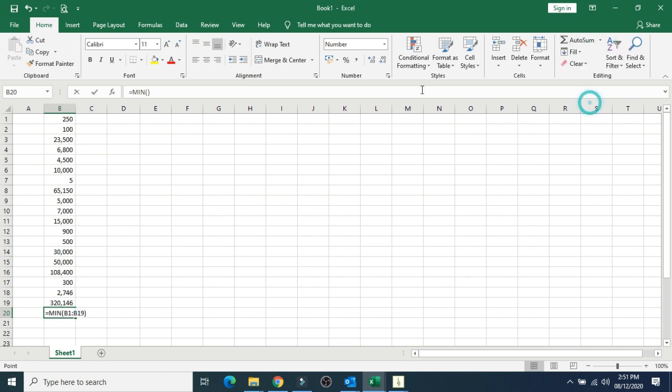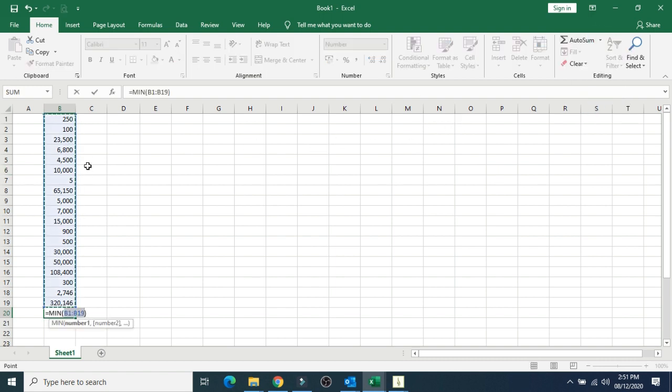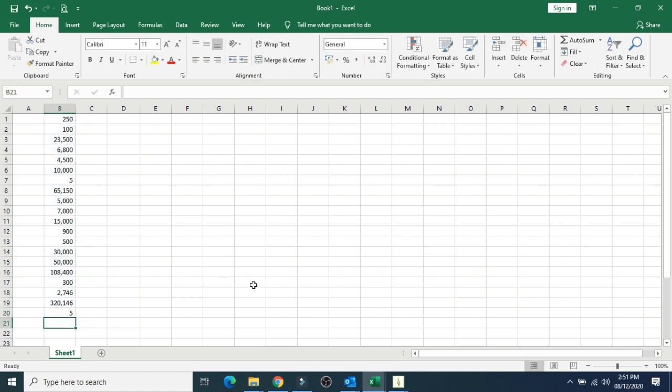The next formula is min. When we select min, it gives you the minimum value. So we can see here that the minimum value is 5, but let's see what the formula is giving as the result. It is also giving 5, and we can do the same manually.